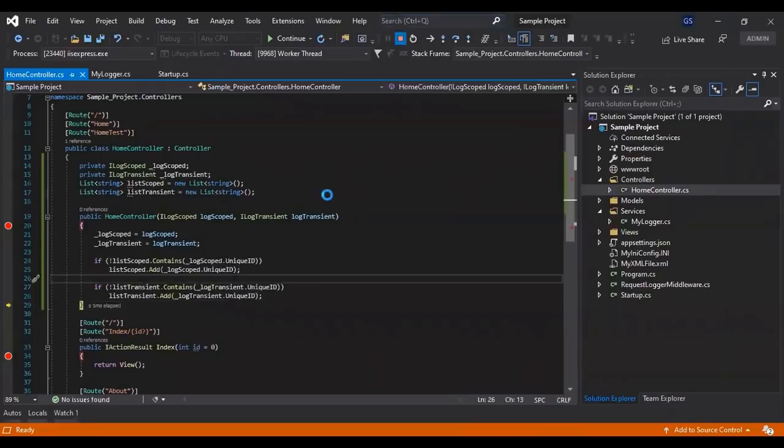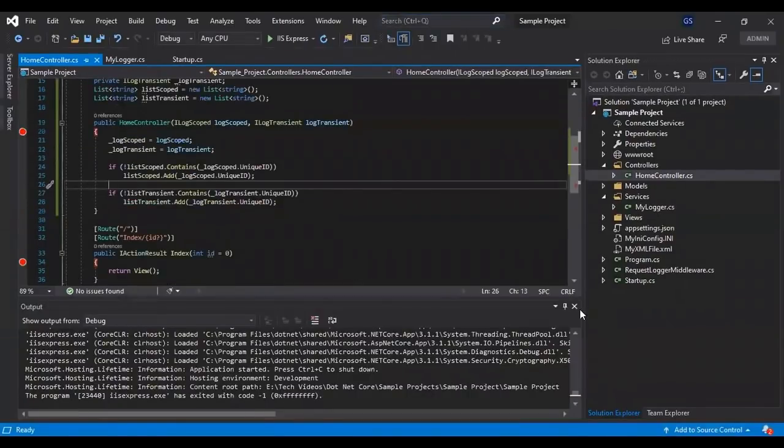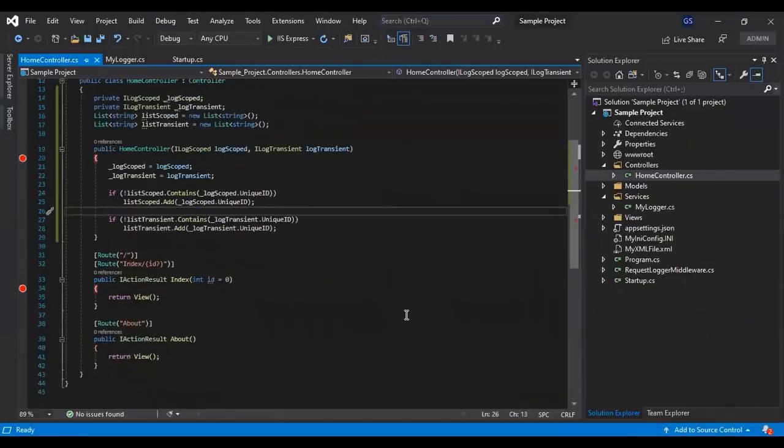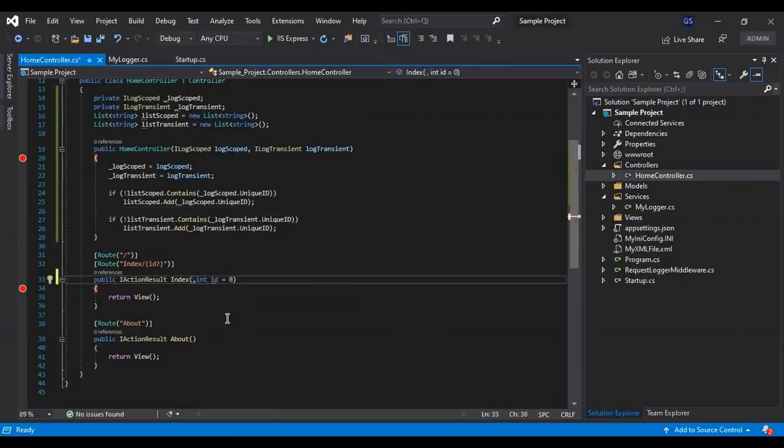Another way of injecting the services is at the action method level. Sometimes we require services at the action method level instead of receiving them at the controller level. So let's see how we can do that. With the help of the FromServices attribute, we can use that.